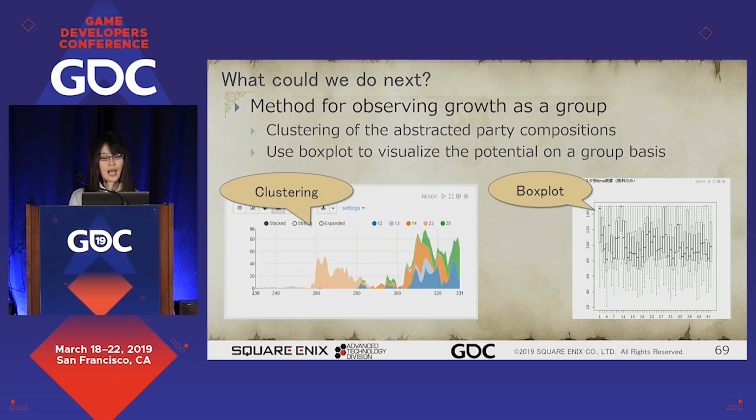The sensitive point is how we should abstract the party composition for the clustering. On the other hand, being abstract makes it difficult to observe the individual strengths of a party. As a measure for it, we are studying the use of the visualization method called box plot. Box plots express abstractly while leaving important information, such as maximum value, median value, and the outlier value of the group as a whole. We would like to continue to report to you about this research.